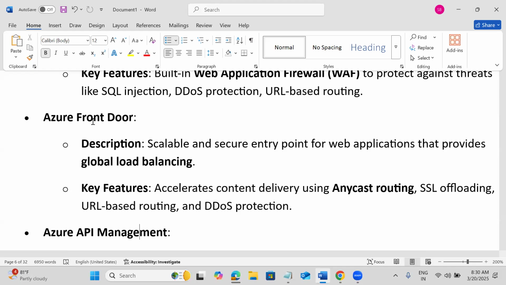So if my application needs to be delivered all over the globe, maybe like LinkedIn or Twitter, and we want to deploy these kinds of solutions, then the best method is a service like Azure Front Door. If it is a region specific service, I don't have users all over the globe, only in Europe I have my client base, or only in North America, then we may go for a region specific service.